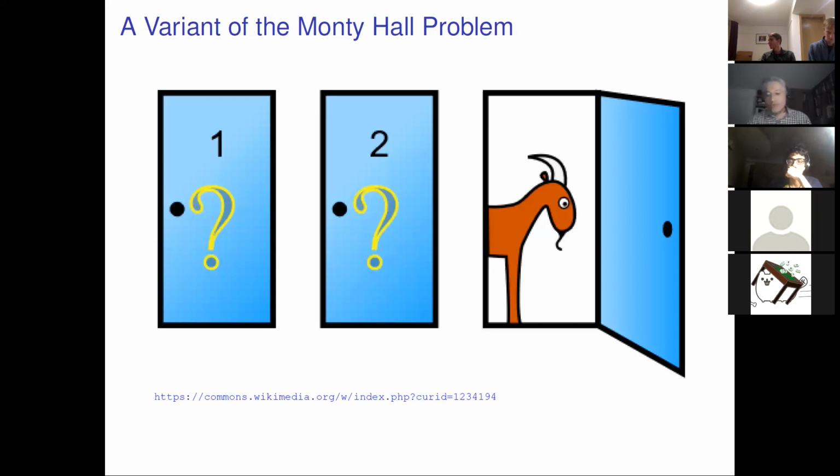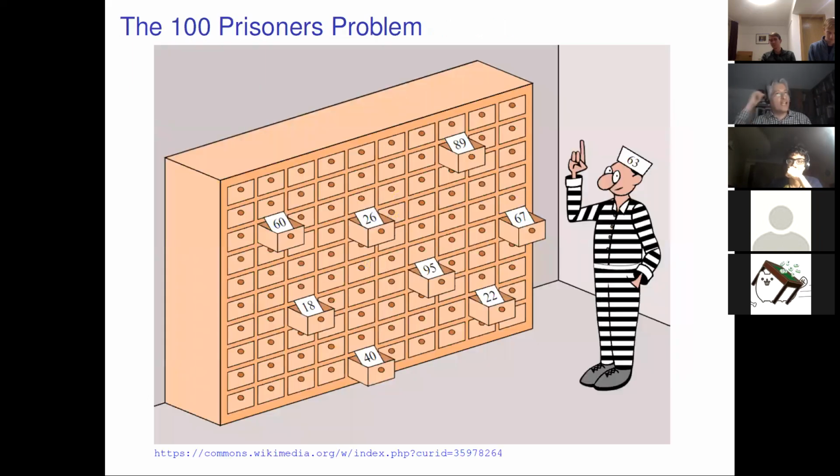Okay, so more surprising, there is a related problem, the 100 prisoner problem. Maybe some of you know this. It is the following. You have 100 prisoners, and the guards have decided to play the following game with them, to give them a chance at freedom the following way. They have these drawers, 100 drawers,